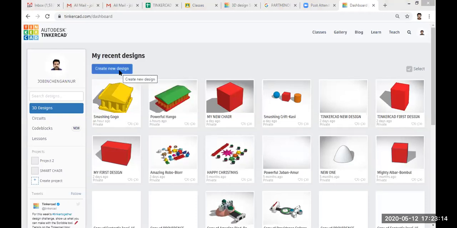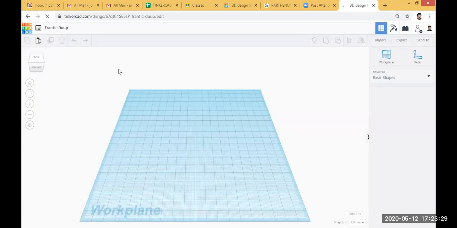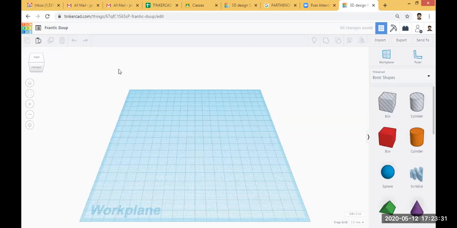Okay, so I will go to create new design. Now you can see, I already explained the central plane, that is the work plane.